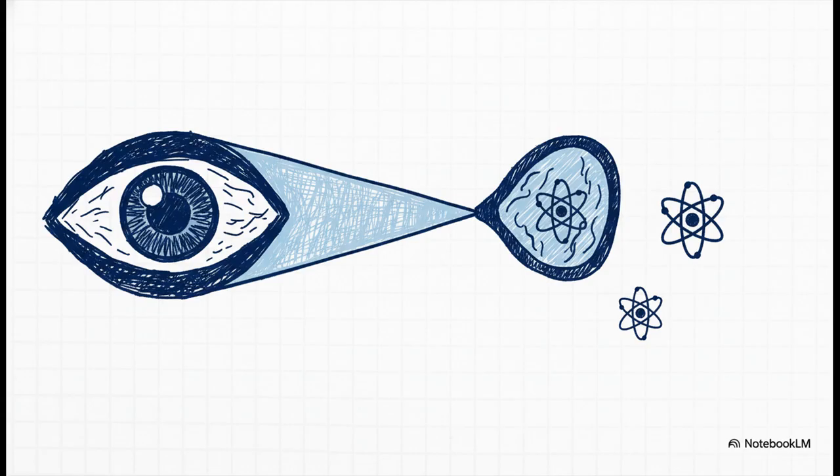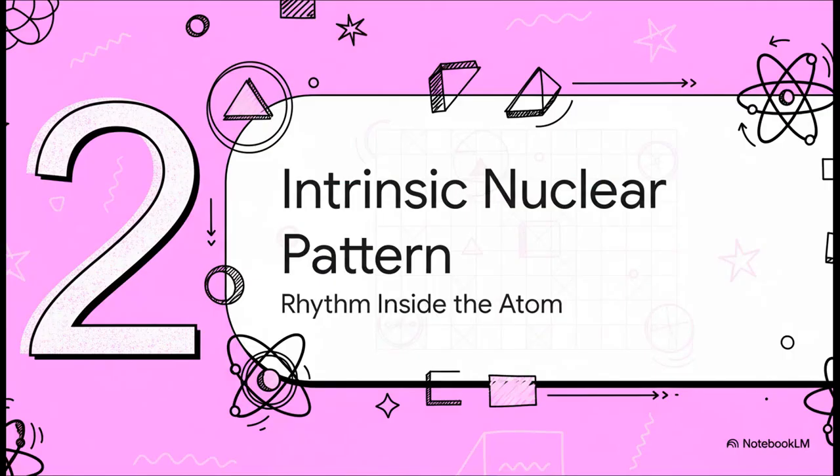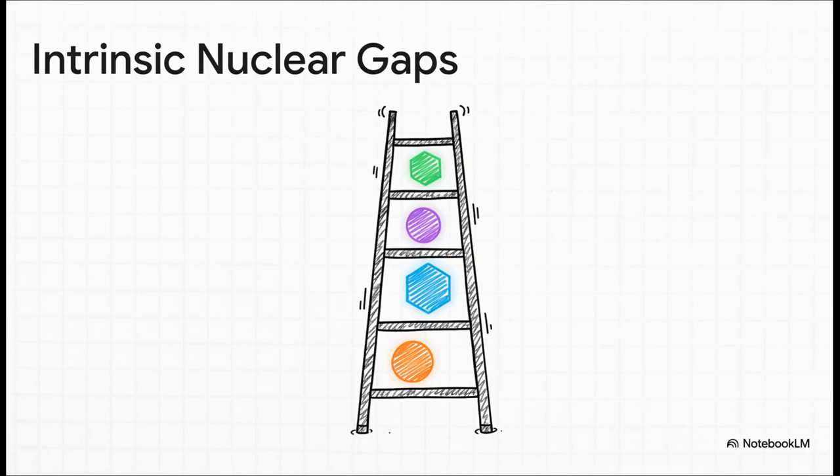Okay, so how do we even begin to test an idea like this? Well, let's take it and apply it to a real-world puzzle. Something that's been a tough nut for physicists to crack for a long time, the stability of atomic nuclei. So this framework predicts something really elegant. It says that deep down, at an intrinsic level, the most stable energy setups in a nucleus should follow this super simple rhythmic pattern. See these numbers? 2.5, 5.5, 8.5? They're like perfect steps on a ladder.